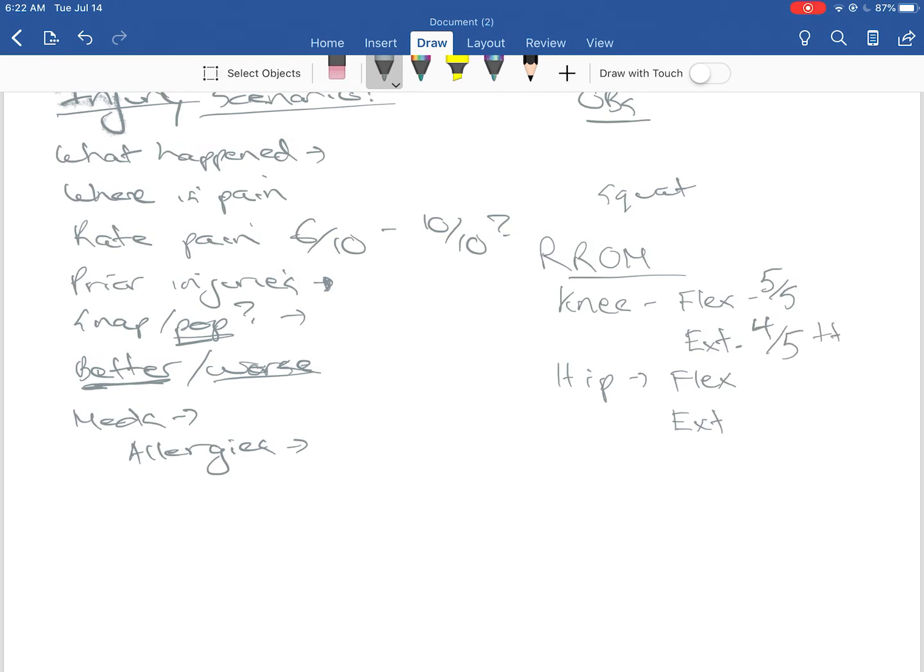and they have moderate pain. Remember, rectus femoris assists with hip flexion, so for strength, 4.5 out of 5, there is some weakness and they have moderate pain. And for resisted hip extension, our glute max and our hamstrings cause that motion, so there's full strength and no pain with that. When we get into our special tests,